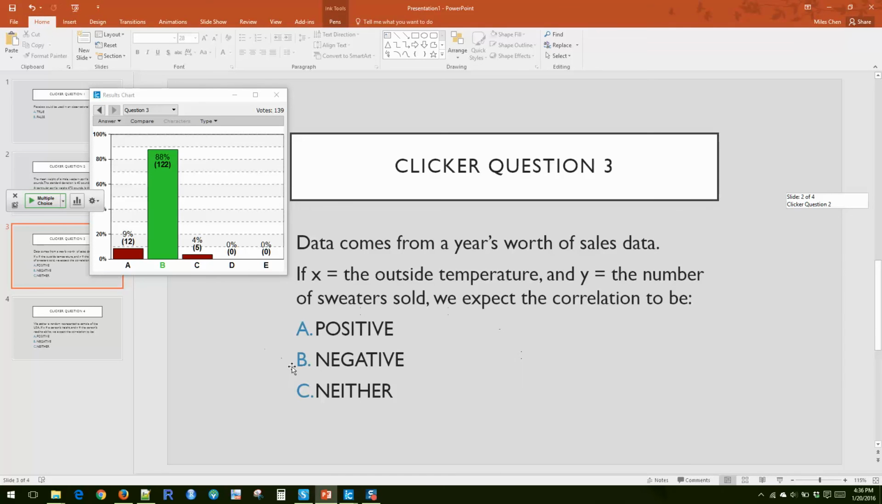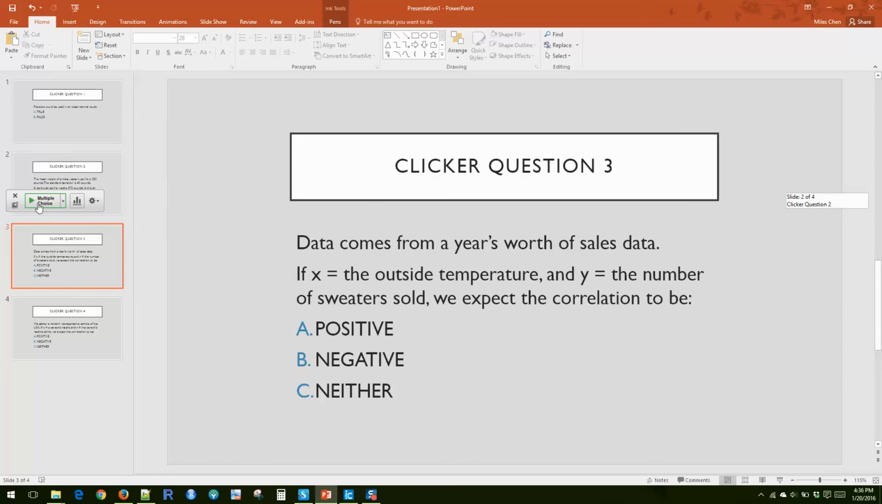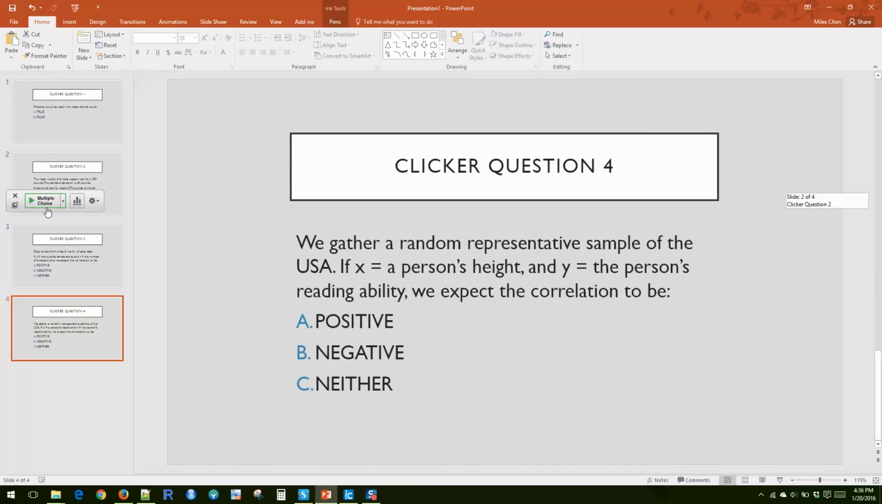Okay, I've got one more here. Clicker question 4. All right, so we're gathering a random representative sample of the USA. X is going to be a person's height, and Y is the person's reading ability. We would expect the correlation to be